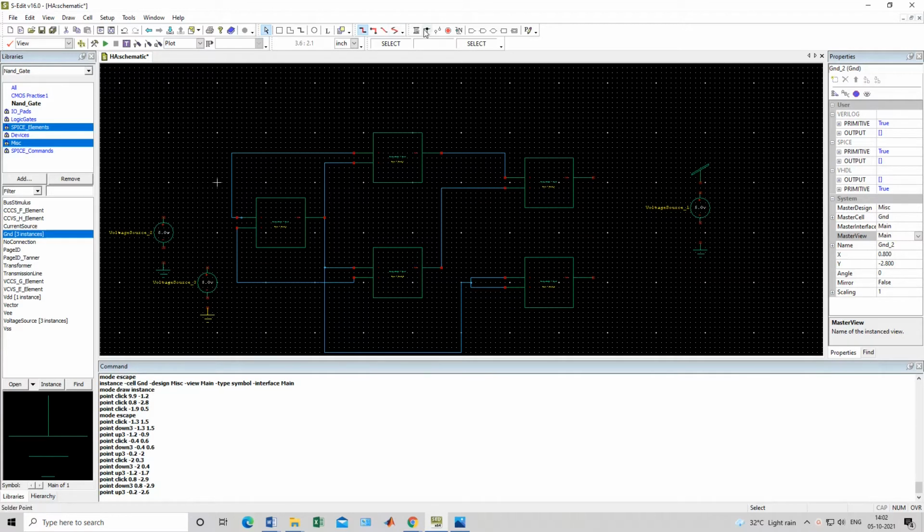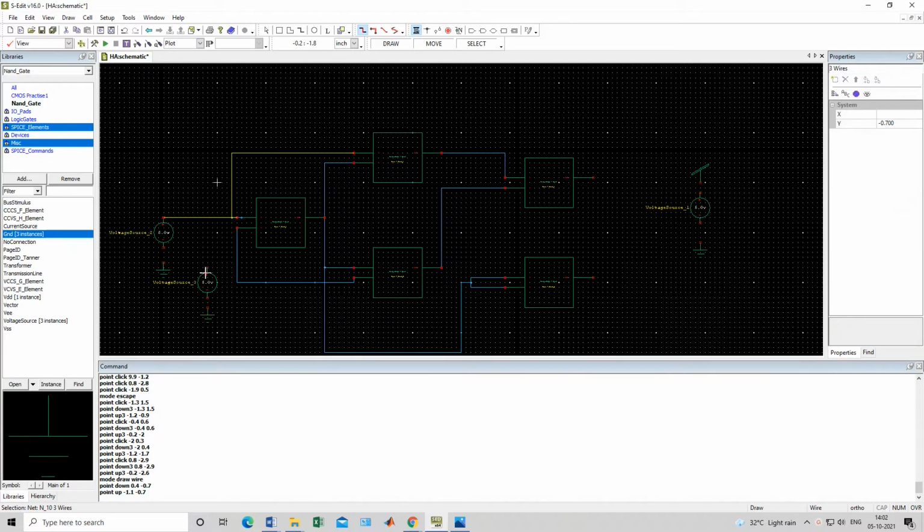Now we have to use wire to connect this one. One wire to connect this to this. Okay, fine. One wire to connect to this too. That's fine. One wire to connect to ground. Done. One wire to connect to ground. Done. This connection is done. We need to connect this one also, ground and this VDD to the voltage source. Okay, this connection is done. And now what do we need?